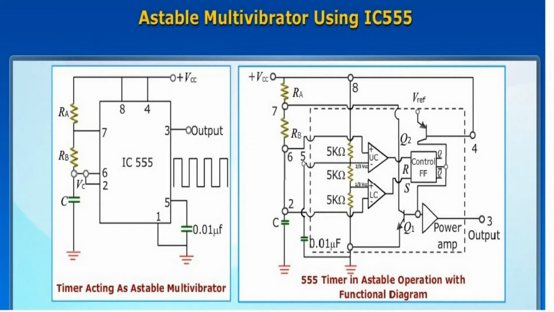Next is the transistor Q1. Here the transistor Q1 is called the discharging transistor. It is connected across the series combination of the capacitor C and resistor RB. When the transistor Q1 is off, the capacitor starts charging towards VCC through the resistors RB, RA and VCC. If the transistor Q1 is on, the capacitor starts discharging through the resistor RB, Q1 and ground.